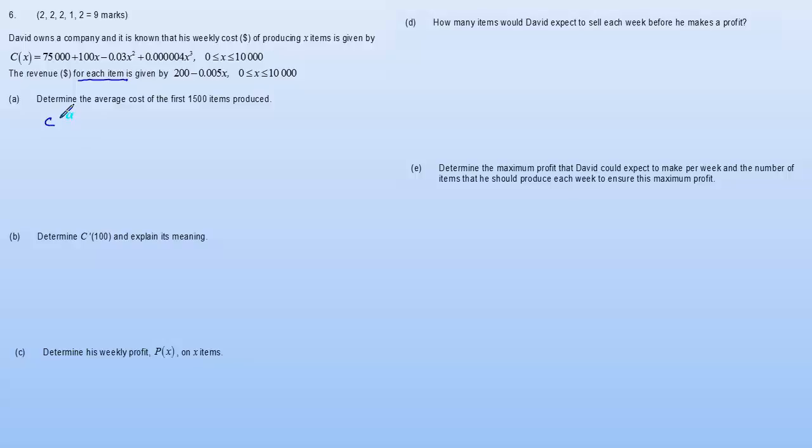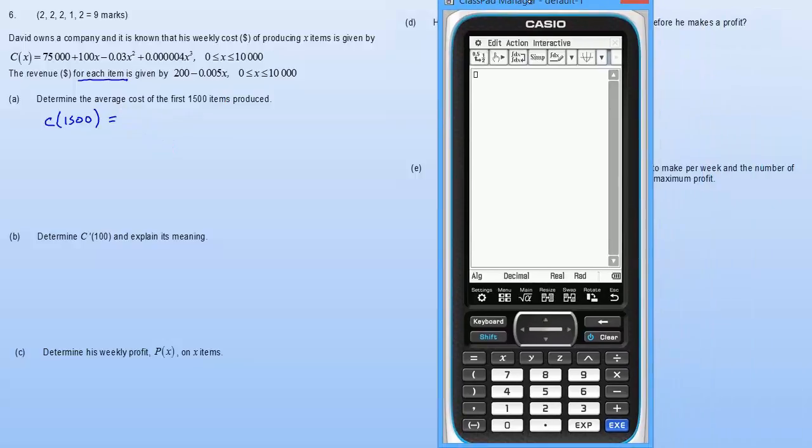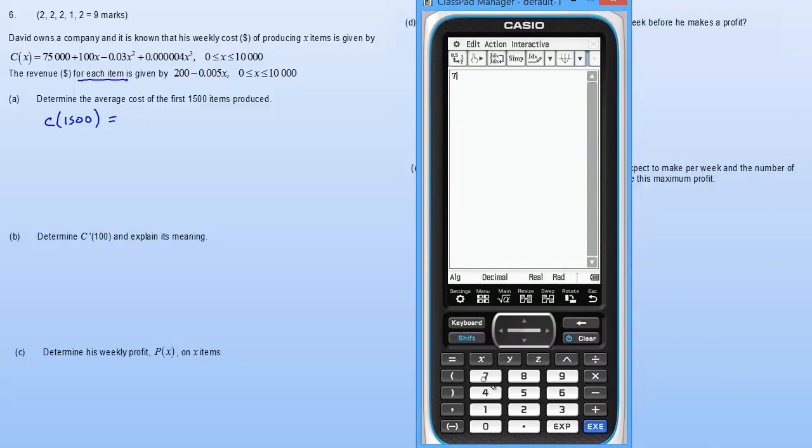So if we work out the cost of 1,500 items, that's going to be 75, not 72, 75,000 plus 100 multiplied by 1,500, take away 0.03 multiplied by 1,500